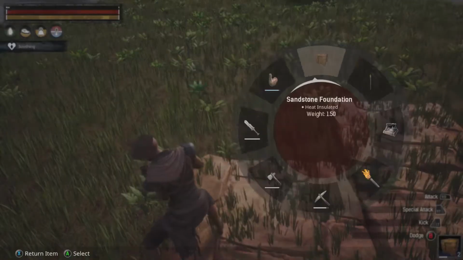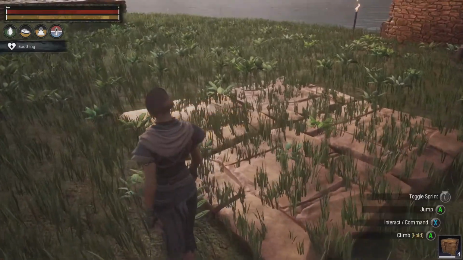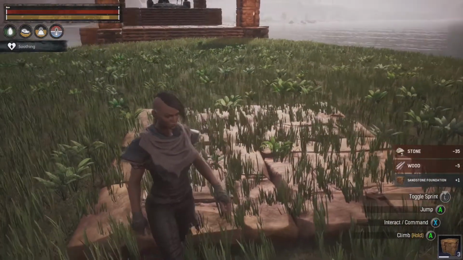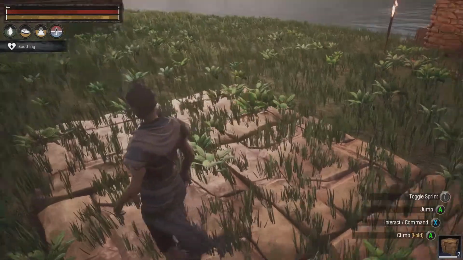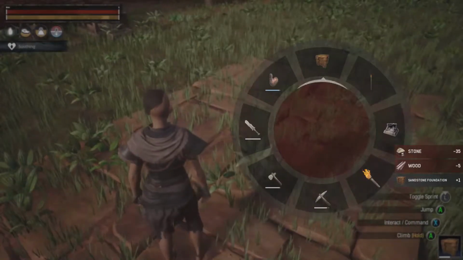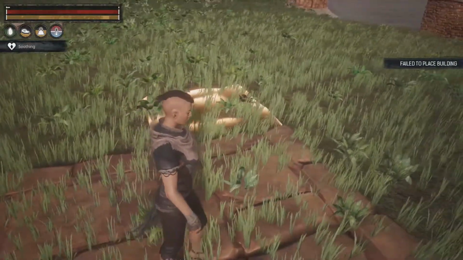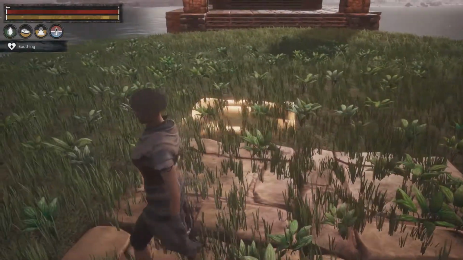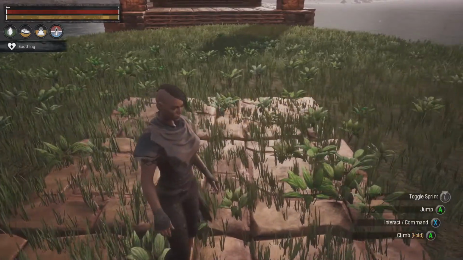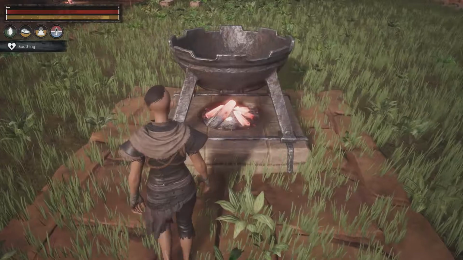1, 2, 3, 4, 5. That should have been 5. Alright. 6 so far. See, for some reason it's not letting me build to a certain point, which is annoying. But we'll make do. Alright, so the throw pot can go